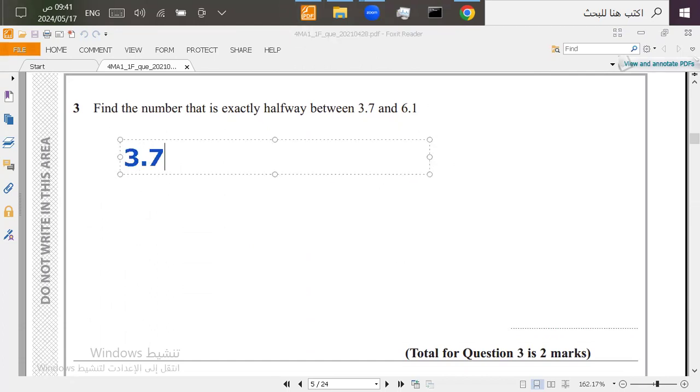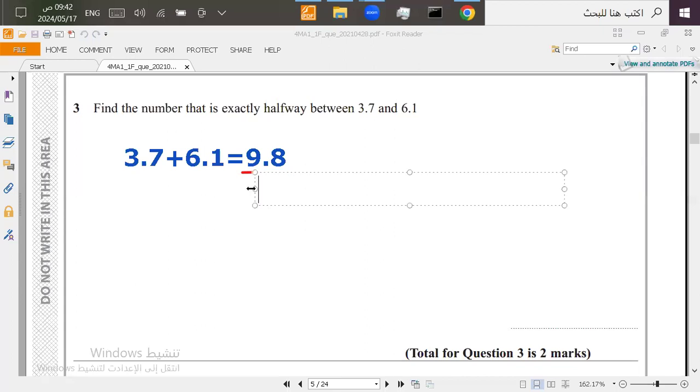So 3.7 plus 6.1 equals, so we're going to add them first, 3.7 plus 6.1, and we got 9.8. Now, 9.8 here, we're going to divide it by 2. So to find half of something, you have to divide by 2. So let's take a line of dividing like this, and then divide it by 2 to find half the way